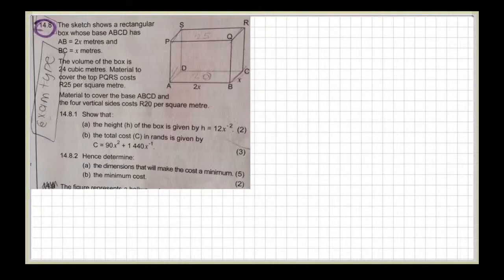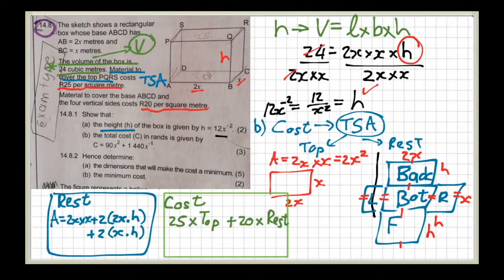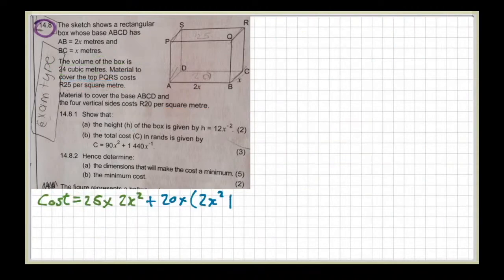So just what we said here, the cost: 25 on the top is 2x squared, plus 20 times the rest. The rest, there's a 2x squared, plus 4xh, plus 2xh. But now,